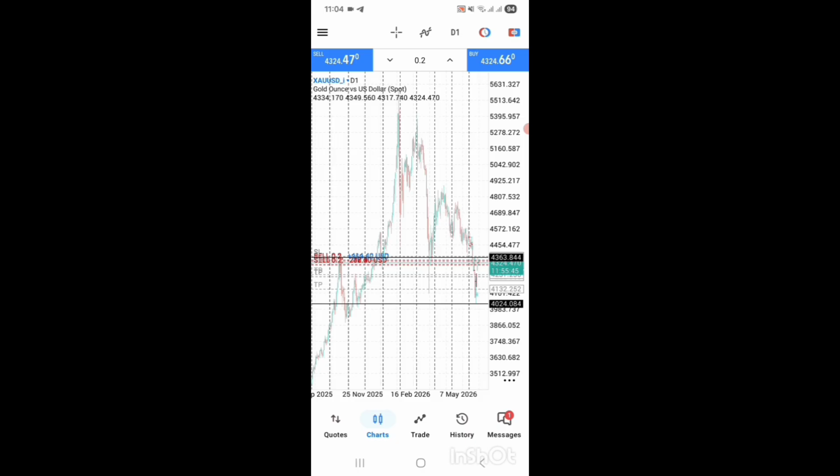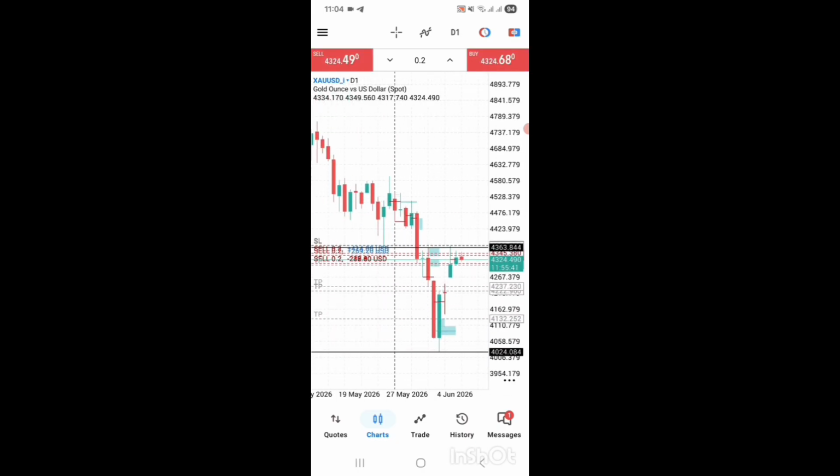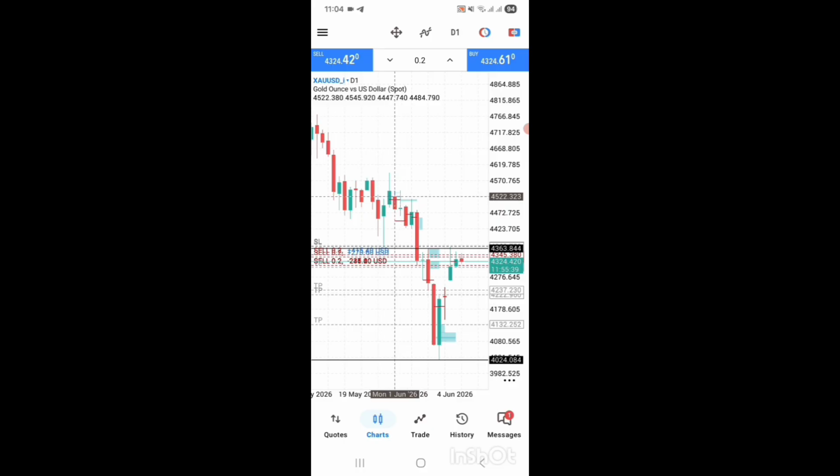So what I'm seeing right now is that this high worked out just fine. Price went all the way down. However, while it's going down, it created this high here that never got mitigated. Then it created this high, but then it got broken by this candle. So this structure is now invalid.